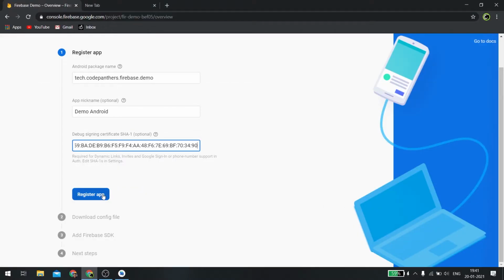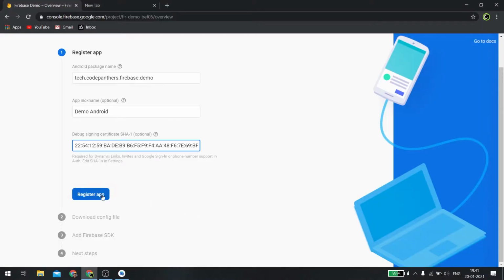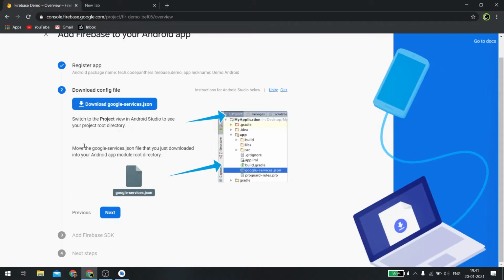Do remember that it will be the same for all the projects because it is dependent on your system and Android Studio, not on different projects. So if you keep it safe somewhere and use it again and again without going through this step to generate it again, it will be the same. So no worries there. Now what we have actually done is registered our application using its package name and its signing report onto Firebase. The next step is to connect our application to Firebase.